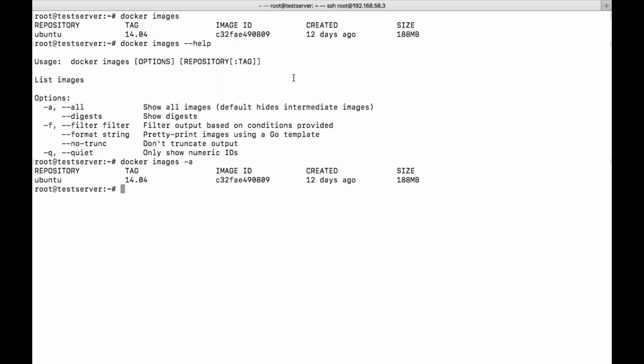Now using this image I need to create a container. In order to create a container we have these many commands: docker run, docker create, and then docker container create, container run. These many commands can be used.